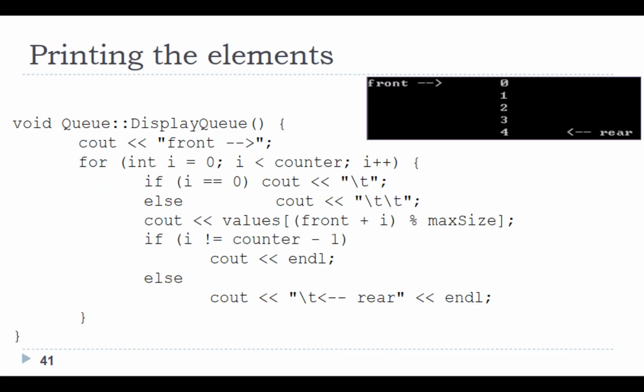Printing the elements. cout << "front -->"; for (int i = 0; i < counter; i++) { if (i == 0) cout << "\t"; else cout << "\t\t"; cout << values[(front + i) % maxSize]; if (i != counter - 1) cout << endl; else cout << "\t<-- rear" << endl; } void Queue::displayQueue()